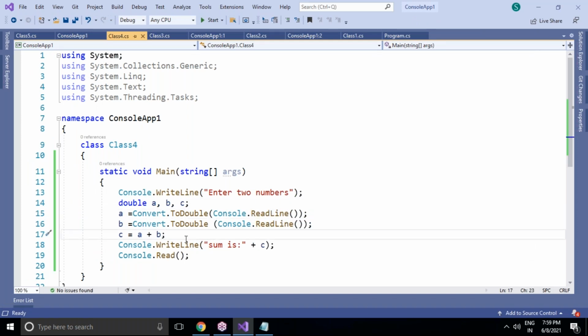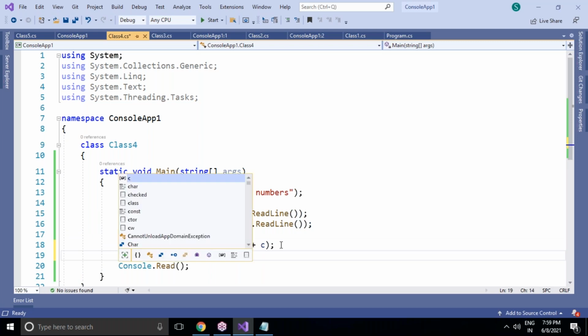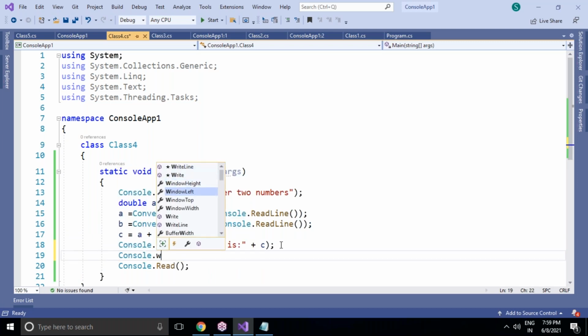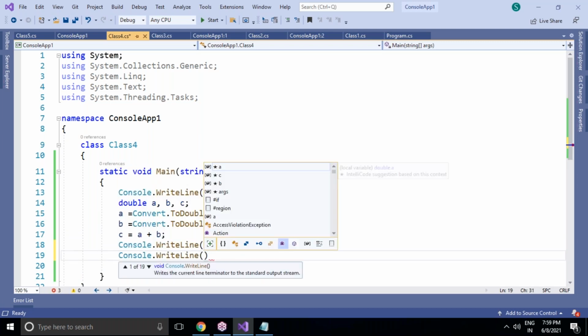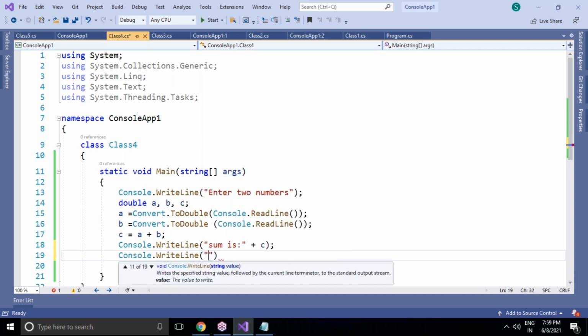Not only this, if you want to get the range of a data type clearly, what range is required, how to get the range, we can have some methods. For example, in this program I can go for Console.WriteLine, Console.WriteLine, Console.WriteLine. I want to get the max value of Int16.